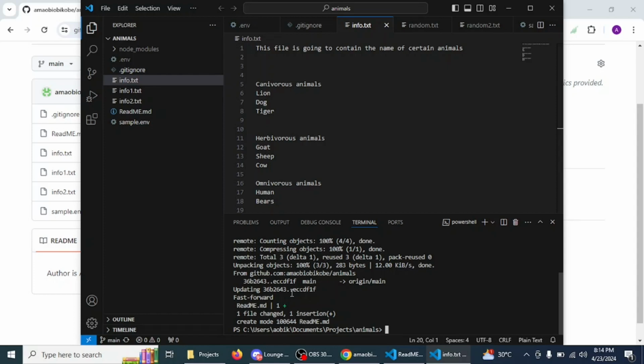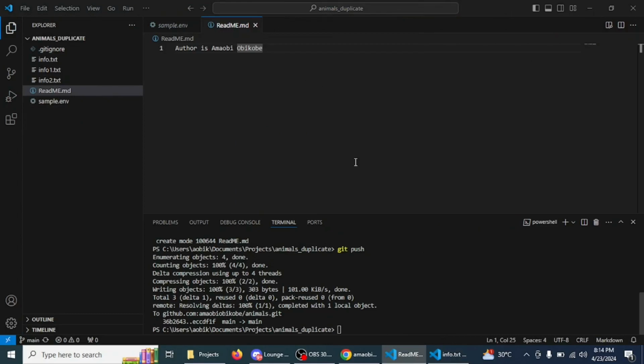So to demonstrate this, instead of using git pull, I'm going to add another piece of code from the animal duplicate code, and then I'm going to use git fetch and git merge this time around to get the code to our local system, to our local repository. So I am going up here and I'm just going to write a comment. This is just for demonstration